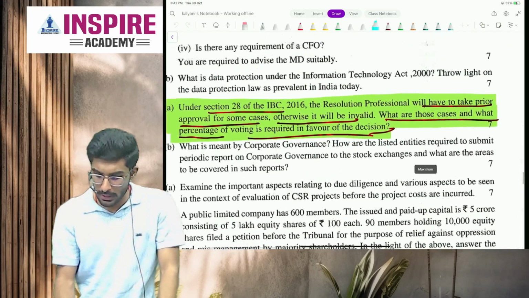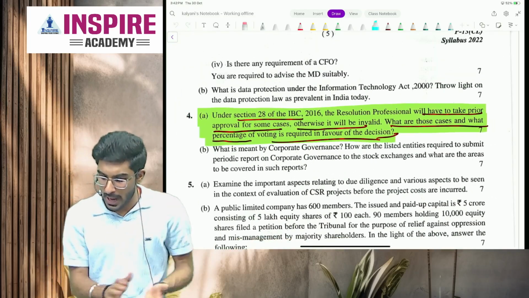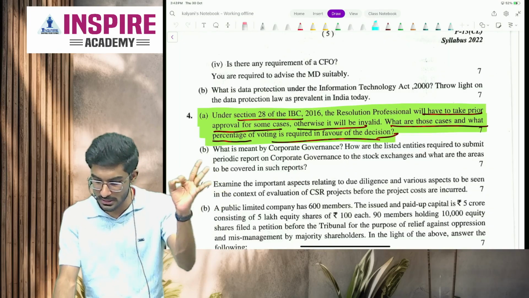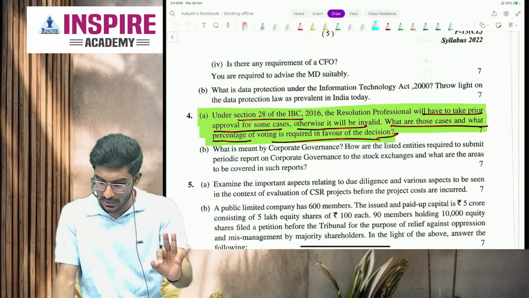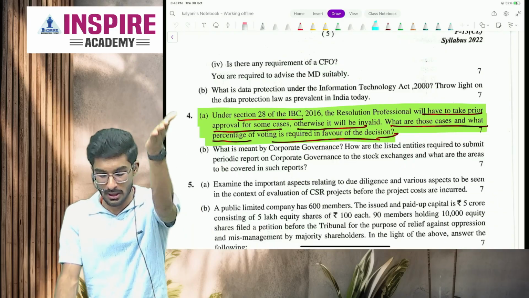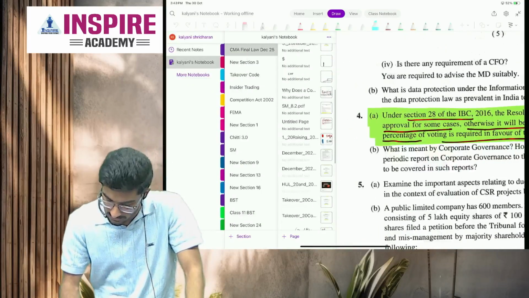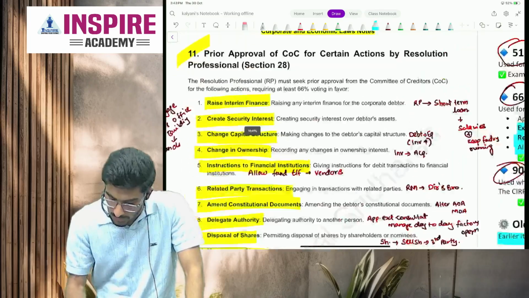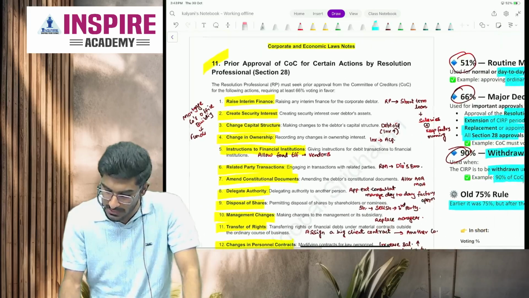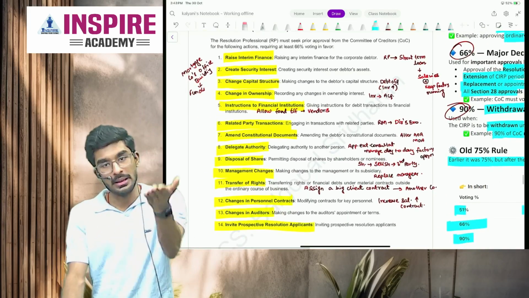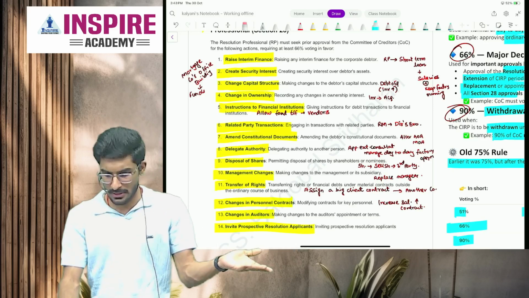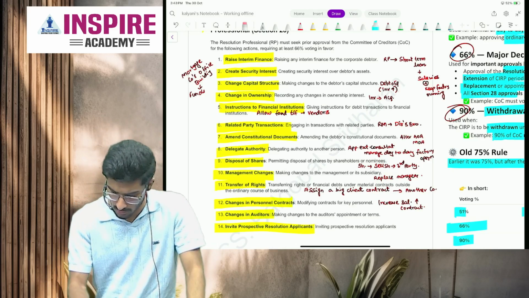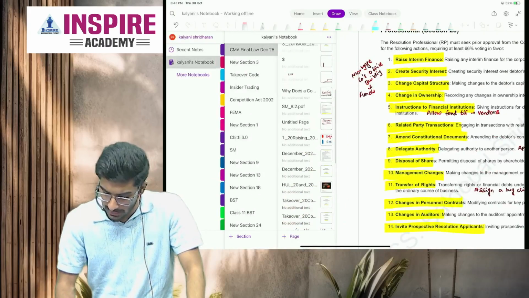Under section 28 of IBC, RP will have to take prior approval of some cases, otherwise it will be invalid. What are those cases and what percentage of voting is required in favor of the decisions? Okay. Let's find out the answer. Prior approval of COC for certain actions by RP. These things you have to write, people. Easy, 7 marks. Yes or no, people? Okay. Now let's look at